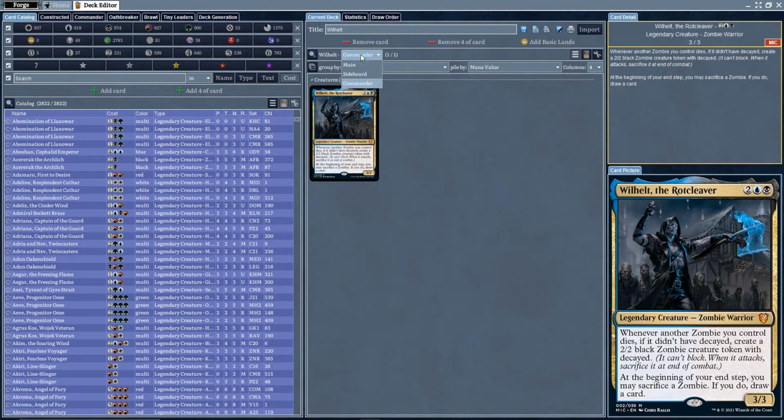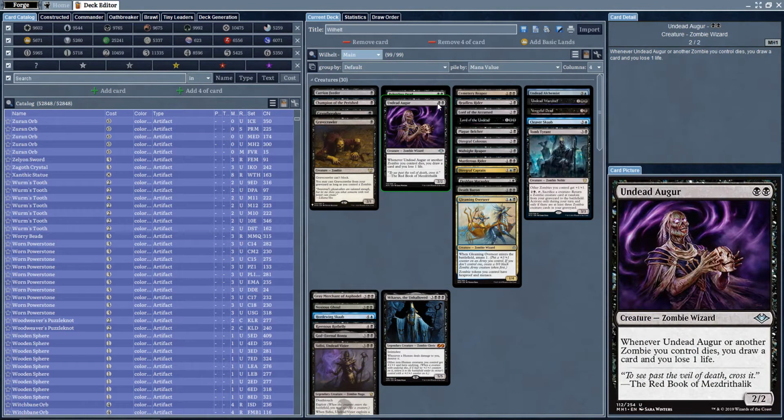Alright. So the main theme of how I'm gonna do this is, of course, zombies and sacking. So it's pretty much like Marin, but not as good. I think that's the gist of how the deck works and the way I wanted to build it, because